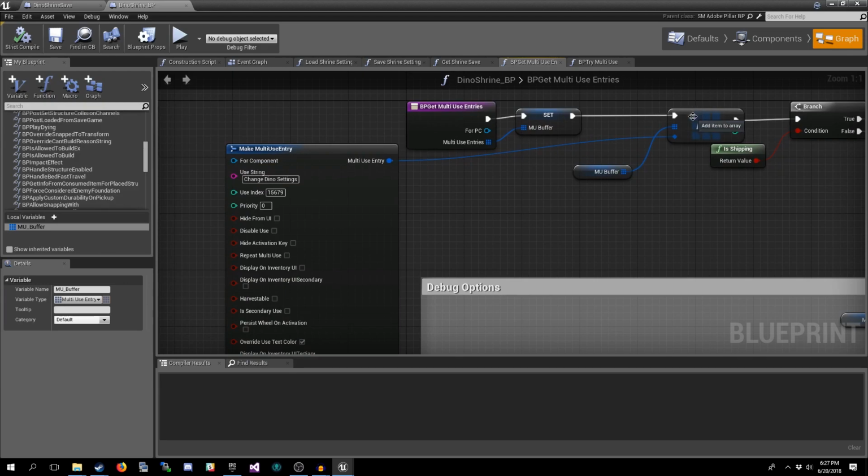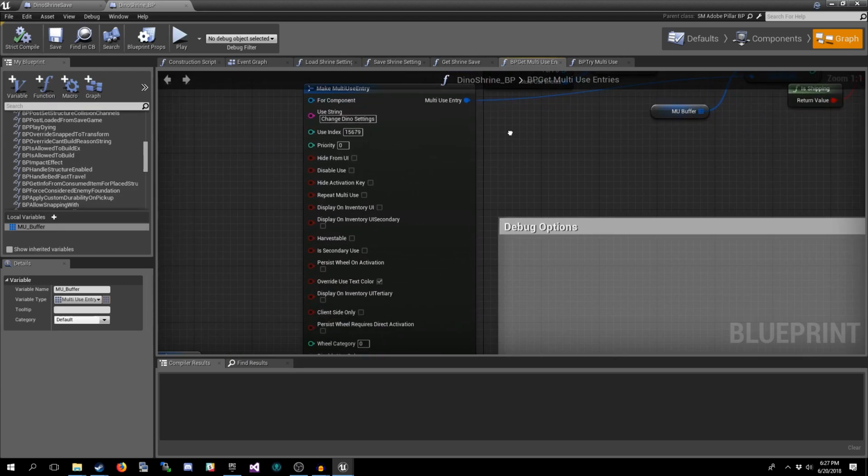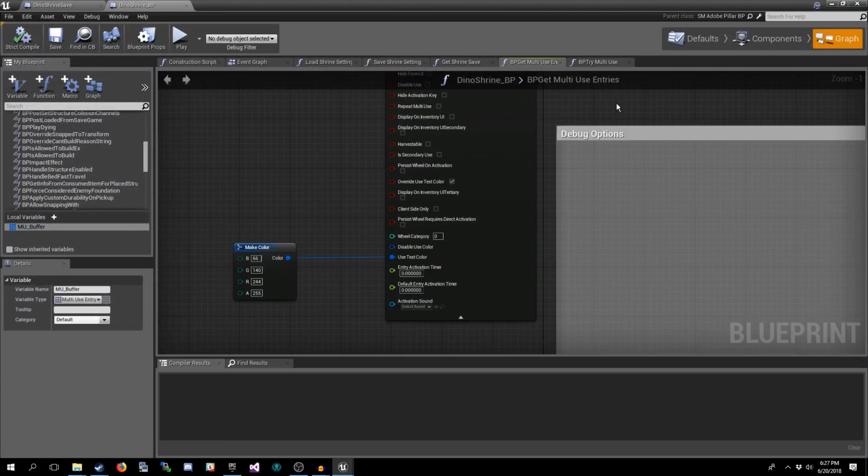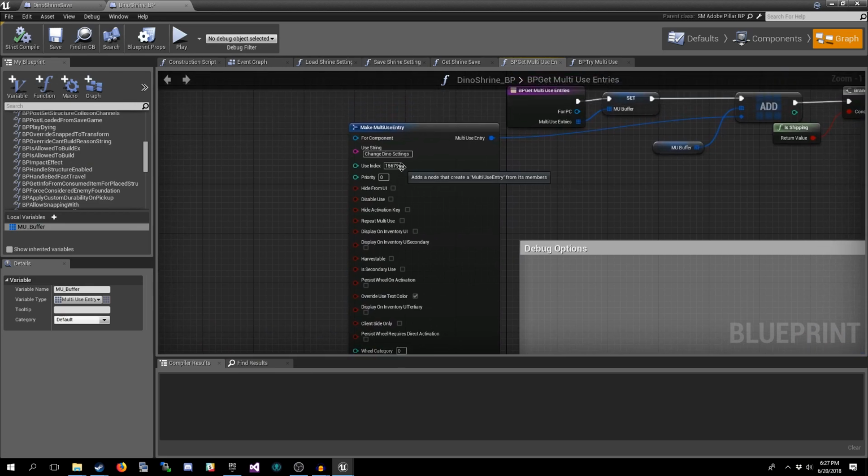Now, this first one here, where we're adding to this MU buffer, is the option that we're actually going to use in the live game. For now, it's not going to actually do anything, but we're creating it to sort of set our slot. So the options that you need to make sure that you mess with are the use string. This is the text that appears for the option. And the use index. Now, I suggest using something high up and not something that is like 10,000.